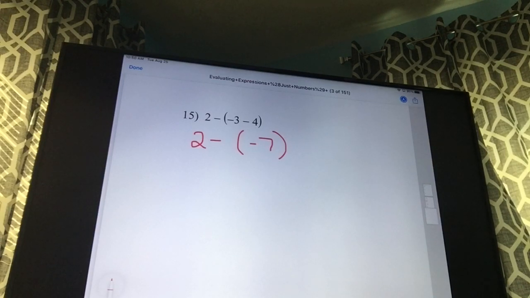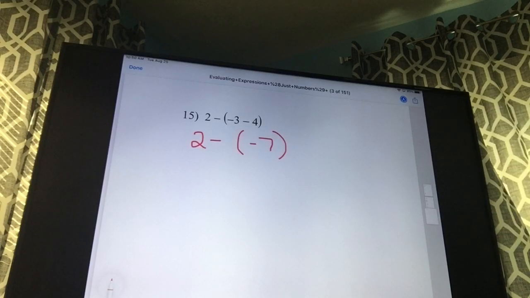If you do use your calculator, you need to make sure that you're typing it correctly. So for the negative 3, you have to type in 3 on your calculator first, and then hit that plus minus, and then you can say minus 4, okay? Otherwise your answer is not going to come out right. Your calculator will end up doing 3 minus 4, which would give you a 1 instead of a negative 7,